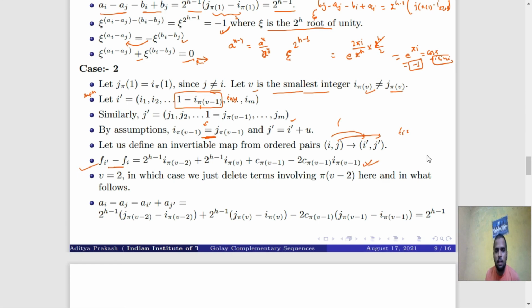If we simply put v equal to 2, that means we ignore this term. Nothing more to show here. Now a_i minus a_ij minus a_i dash plus a_j dash is equal to simply whatever we define in such a manner, we can already define phi dash, and with the help of this we can get this